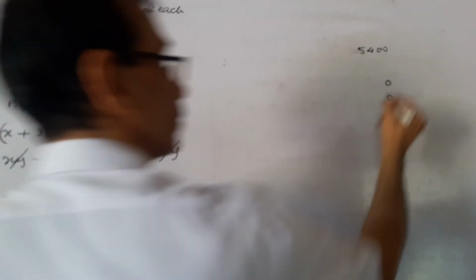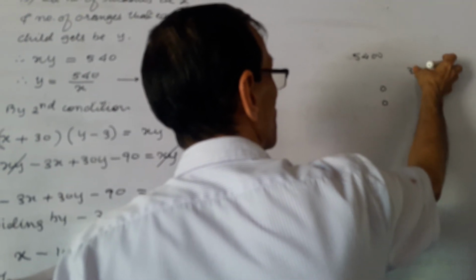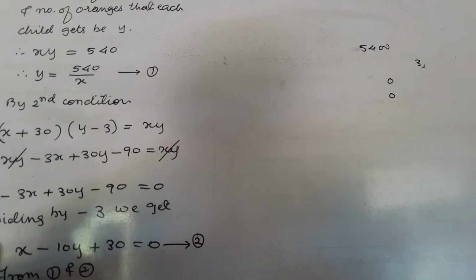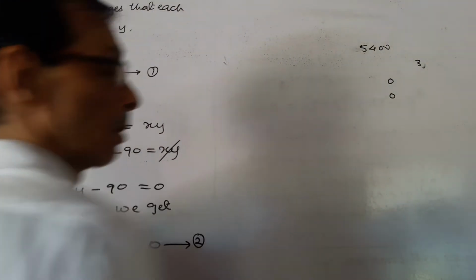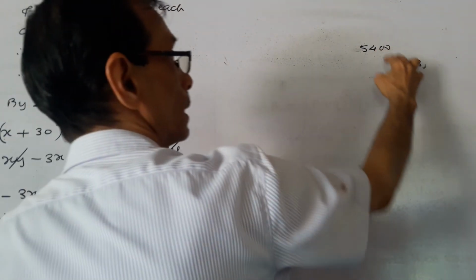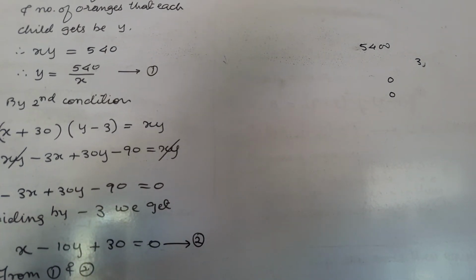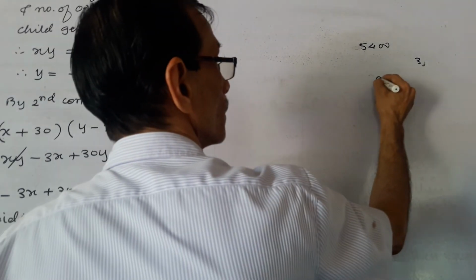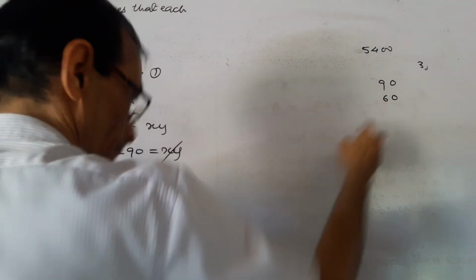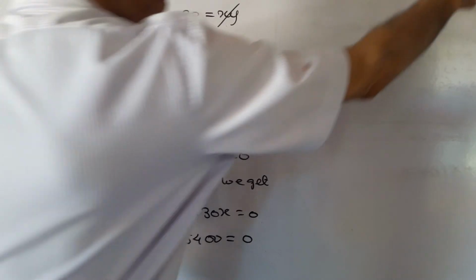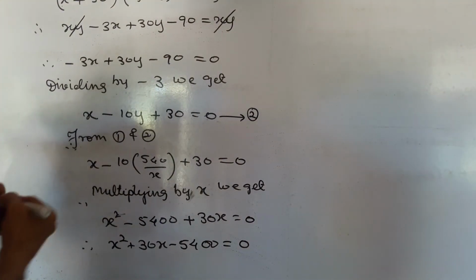And therefore we want difference 30. So 0 is written here already, so 3 remains. So get two numbers such that the difference will be 3 and the product will be 54, because these two zeros are written here. So product 54 and difference 3. So we know 9 and 6. So we'll find the difference of 30. Let's see, difference 30 and product 5400.